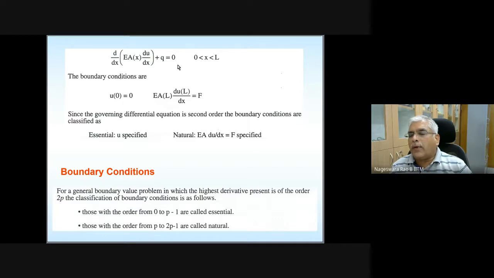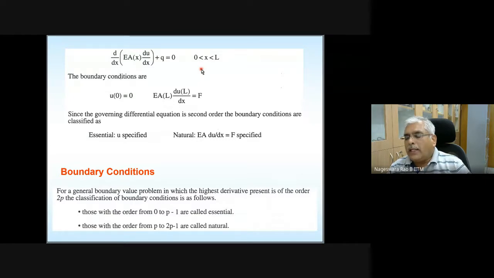But instead of that, in the finite element method, we have this region, 0 to L. We are going to cut it into smaller pieces. That is what is called discretization. The entire domain is going to be divided into smaller elements, and we will try to find the solution in each of these elements.